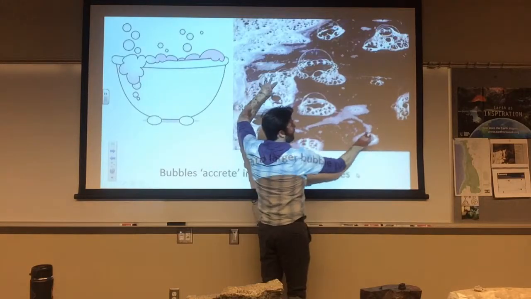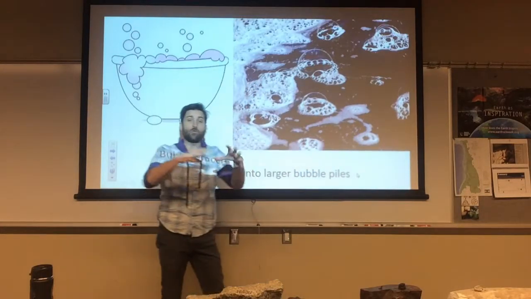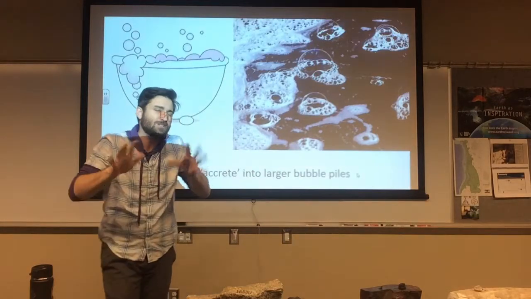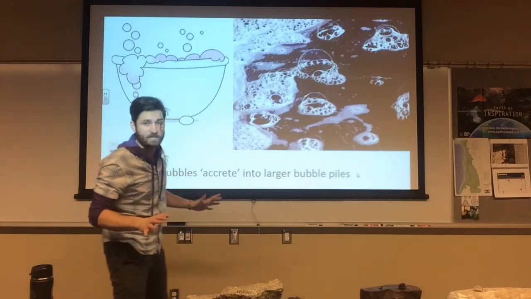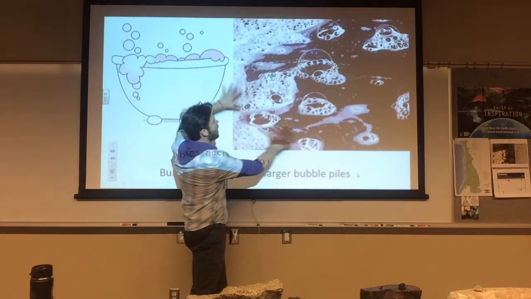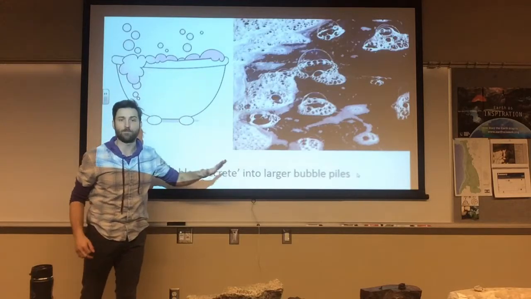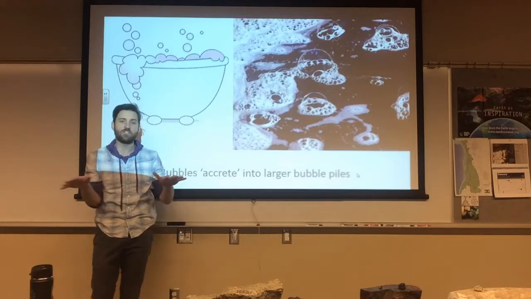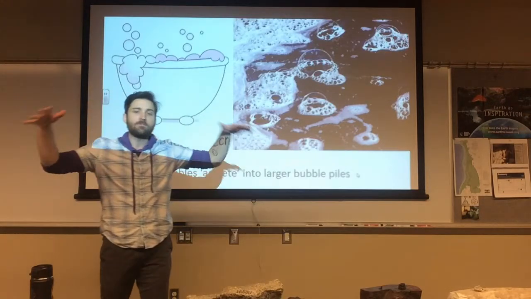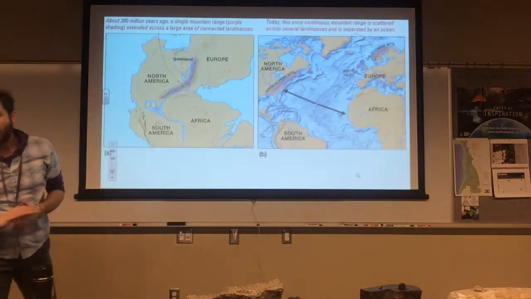You have a little island of bubbles over here, and it smashes together with the other bubbles, and it makes a larger soapy bubble pile, okay? Now, just pretend that the bubbles aren't going to pop. Just leave that part alone. The point here is that the suds are coalescing together to make these larger accreted bubble rafts, okay? Now, keep that in the back of your mind. This is just an analogy to think about light materials coalescing together.